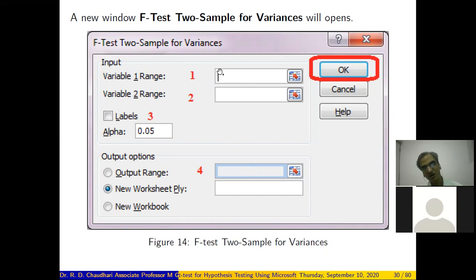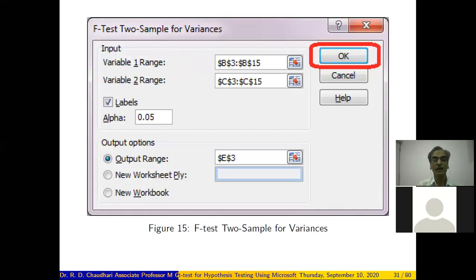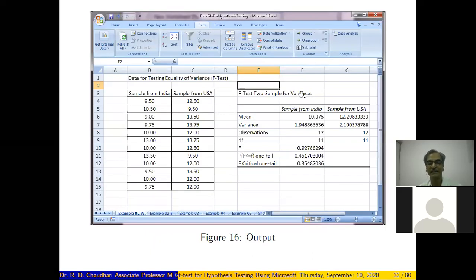After selecting all these four options, just click on the OK button. It will give you the output. As I told you, in the variable 1 range, select the sample data from India. In the variable 2 range, select the sample range from USA. Tick mark the label, specify the output and click OK. It will give you the output like this.